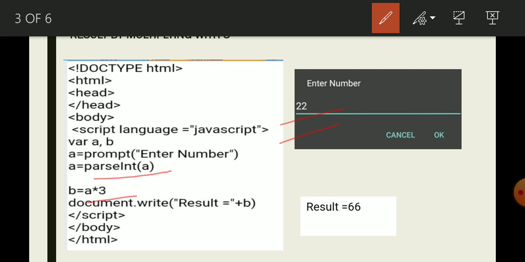You can see the output, 66. 22 is the value, and this 22 is multiplied with 3 and stored in the variable b, and the result is displayed, equal to 66, using the document.write statement. Because the result is stored inside the variable b, here plus b you should write.